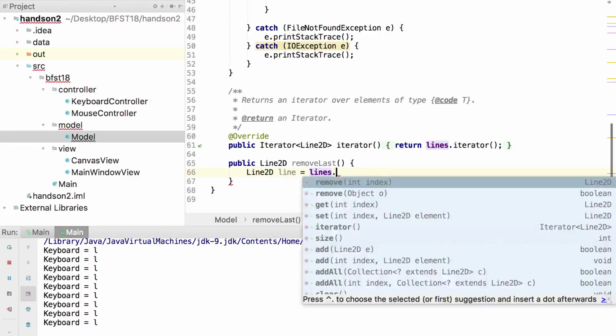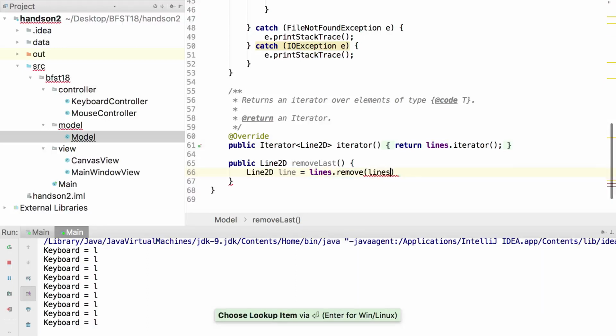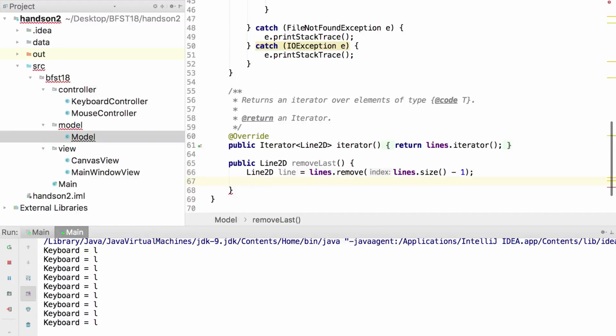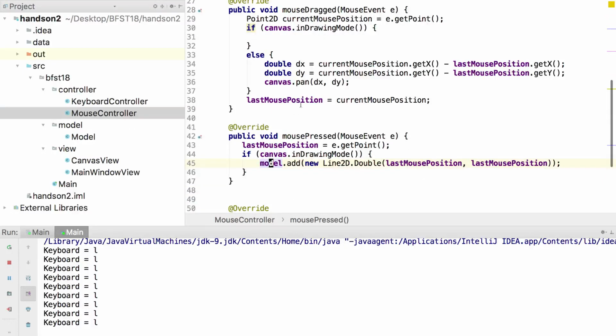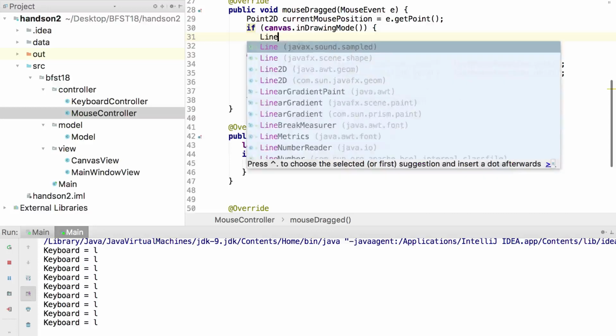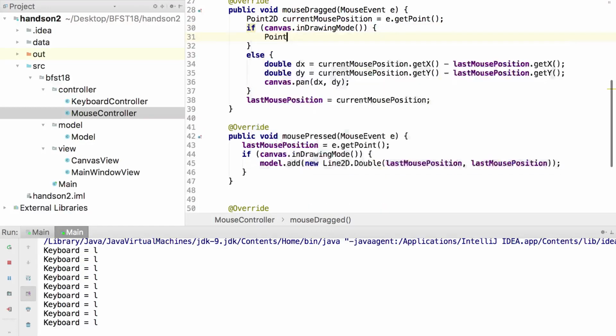We have all these lines. We can just ask to remove the very last one. So we say lines.remove, and the very last one is at index lines.size - 1. We have to say model, something changed, and we say that's the line. Okay, if we switch again to the mouse controller, we now know that here we can, for example, look for the origin. Where did we start with our operation? And that is,